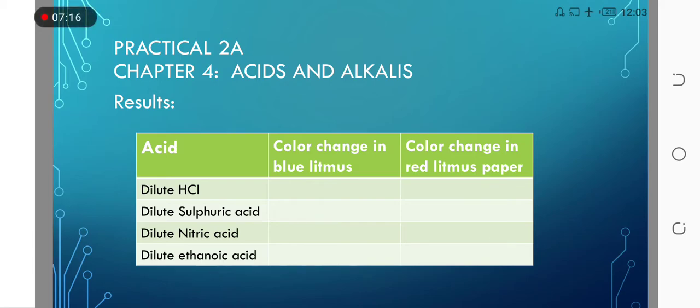So for the effect on the blue litmus paper, you will write that blue litmus paper color will change into red color, while red litmus paper will remain unchanged. The color of red litmus paper will not be changed by using lemon. So in the last column you will write the taste of the juice. Options are given. After tasting them you can easily write that it will be sour in taste.